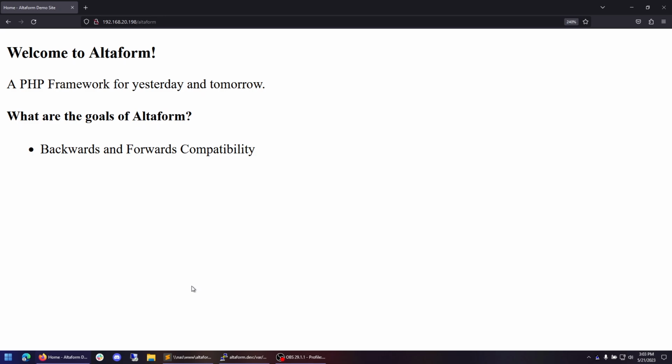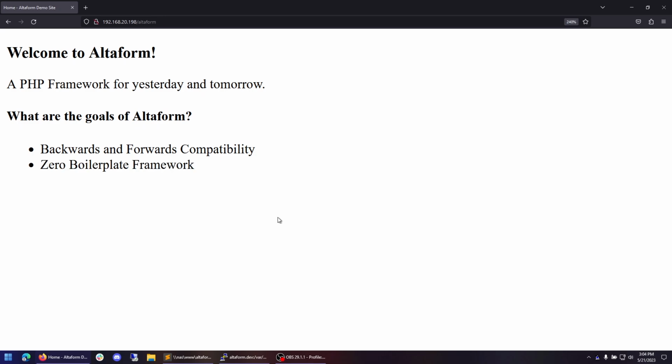For instance, you can convert database calls over to what Altaform uses without using the rest of the framework, updating your existing code one piece at a time, and then when you're ready, make the jump to the final version. Once that is done, you can upgrade your servers from legacy PHP versions to modern PHP versions.